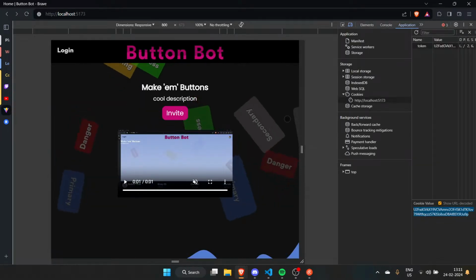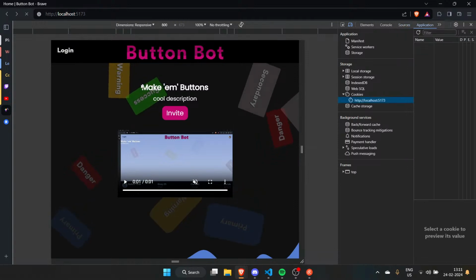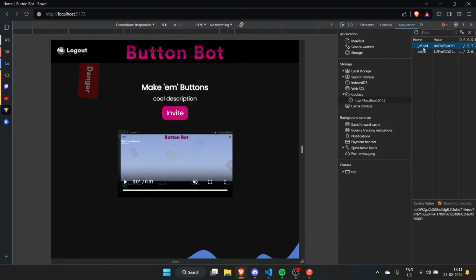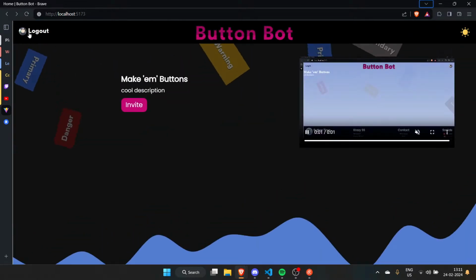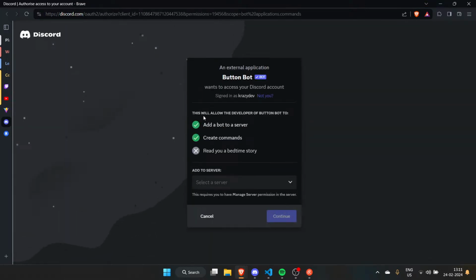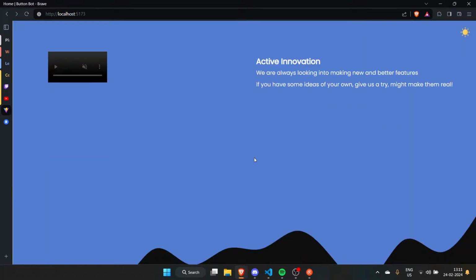I do. Awesome. Now, after that, you might be wondering why the hell it doesn't show me as logged in here. It does. The backend must have been offline last time. That makes sense. What is this? I have no idea. Why do I have a random cookie? Anyways, so we have a login, as you can probably see. And obviously, you can invite the bot as well if you want to. And that's mostly it.